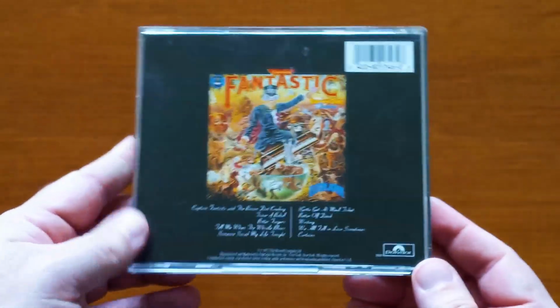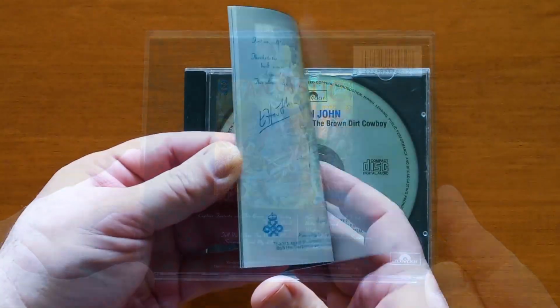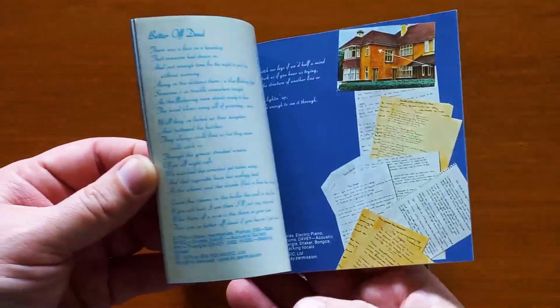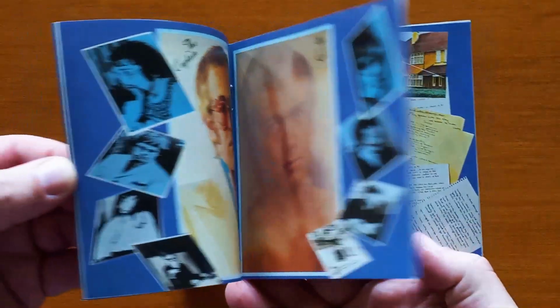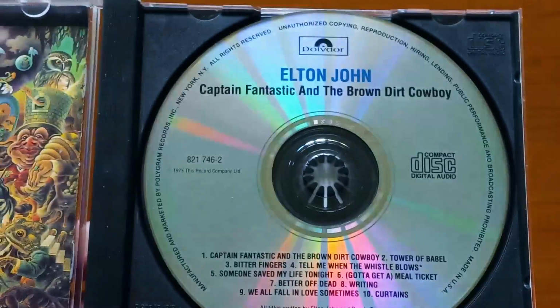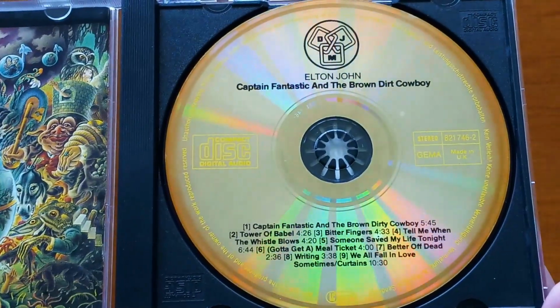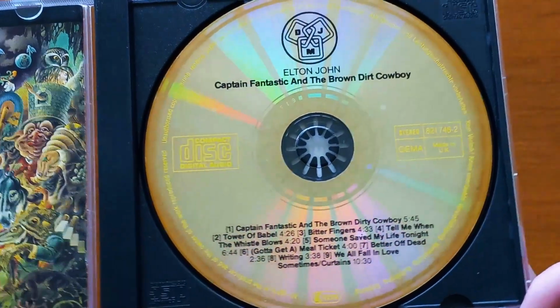This one has a custom back, okay, but its booklet is exactly like the 1984 West German DJM booklet. And mastering-wise, many, though not all, but many of these 1992 North American Polydor CD reissues of Elton's Classic Years albums were based on the West German DJM CDs of the mid-1980s, which had been mastered by Polygram in Germany. But I'm not sure if these Polydor copies are direct clones in those cases, because